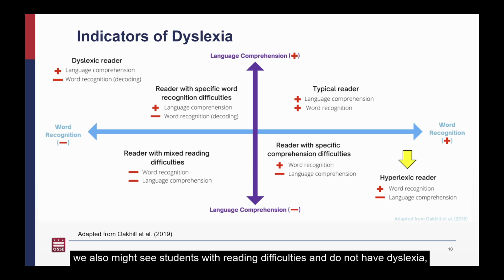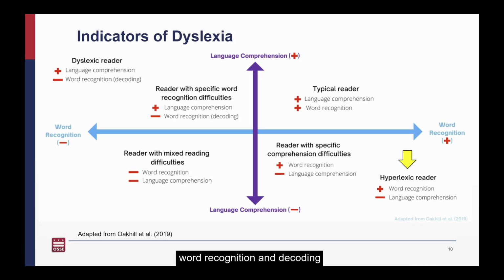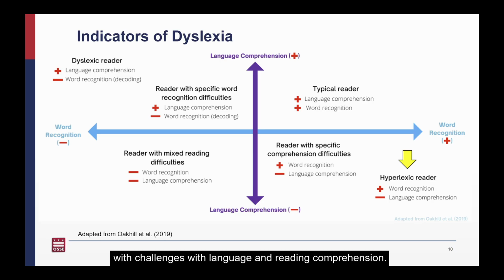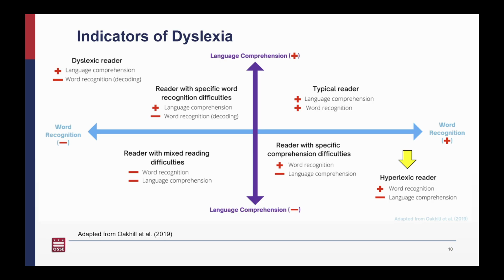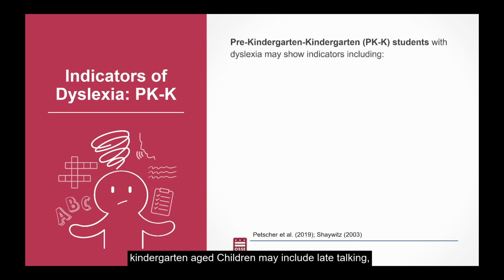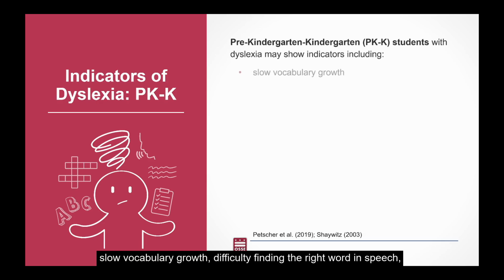We also might see students with reading difficulties who do not have dyslexia. For example, a student who has hyperlexia has relative strengths in phonological processing, word recognition and decoding, with challenges with language and reading comprehension. Early indicators of dyslexia for pre-kindergarten and kindergarten-age children may include late talking, slow vocabulary growth,